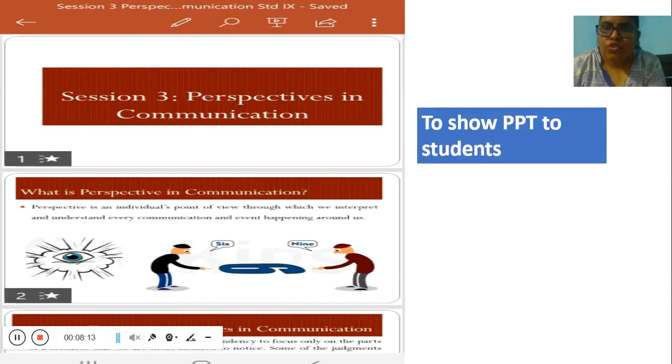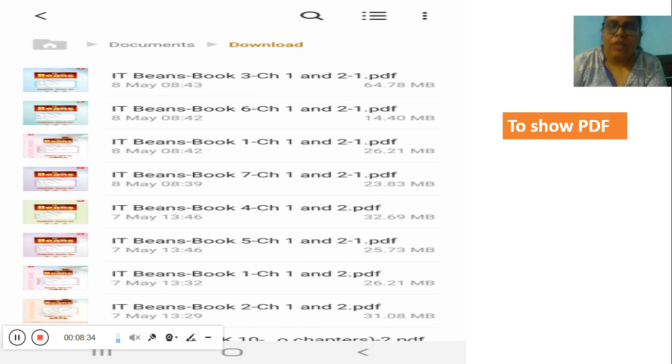Next is to show PPT to the students. Yes, PPT is also a very good alternative while presenting the screen. With the PPT, the students can understand the concept very well, because you have to keep in mind, only the key points you will keep in the PPT, not everything over there. If you want to share the PDF with them, yes, you can share the PDF also. If you want to explain something with the PDF, like the terms we want to explain, at that time the PDF is very helpful.